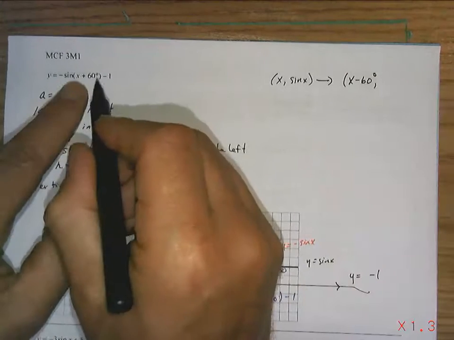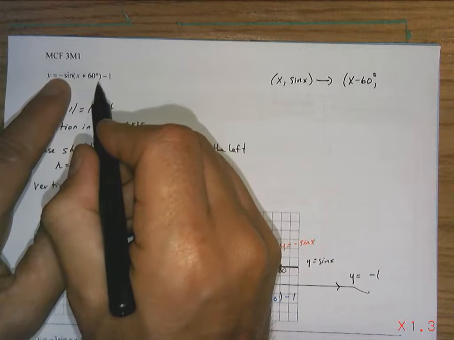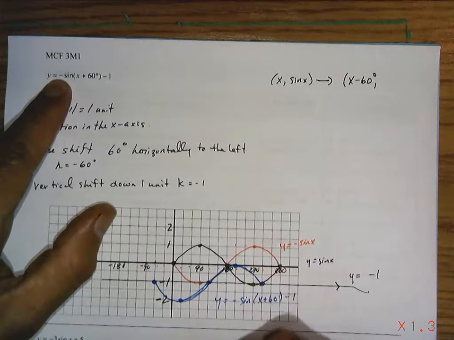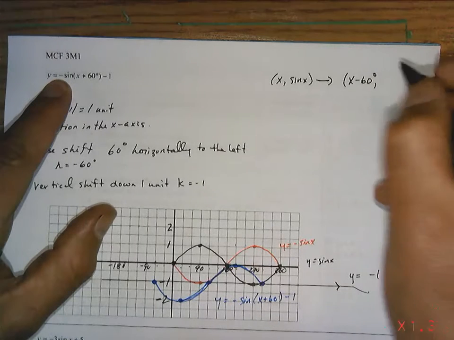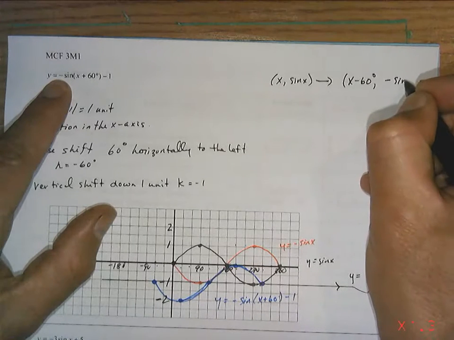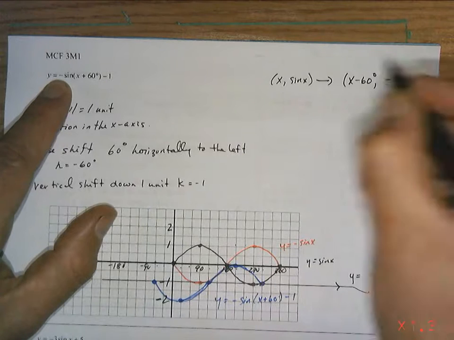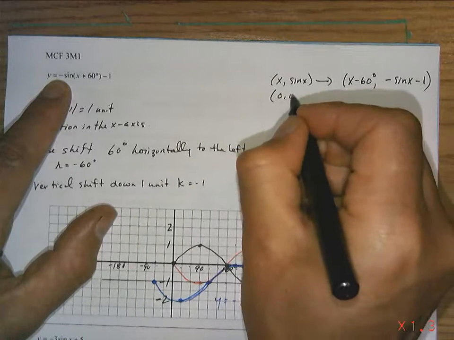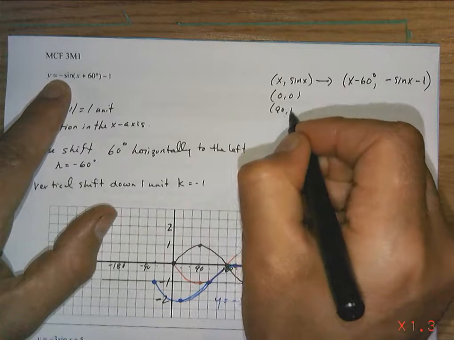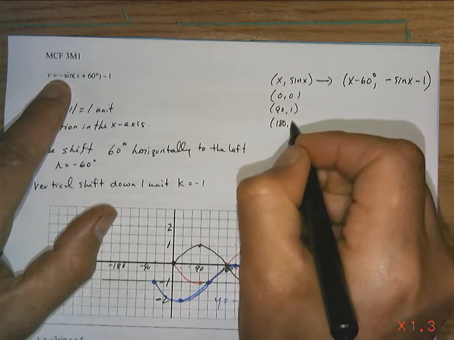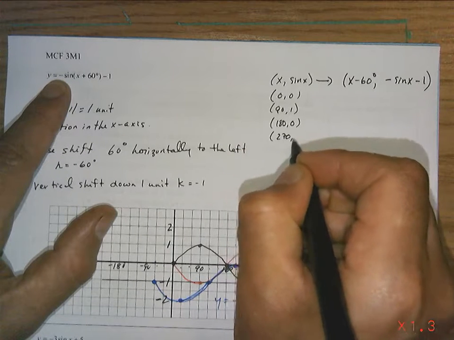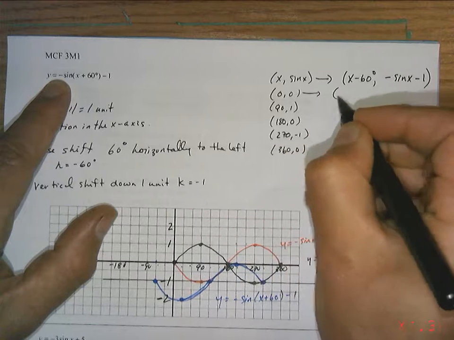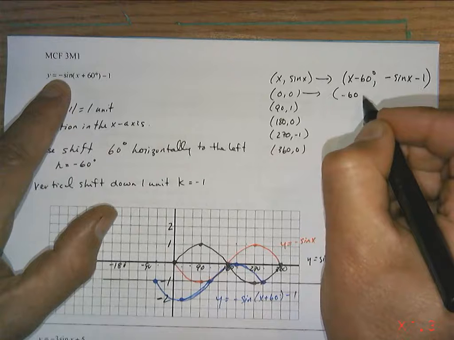And then I've got a reflection, so all the positive y values have to be made negative, all the negative ones have to be made positive. So that's going to be negative sine x, and then they're all moved down 1. So if I take my 5 points, 0, 0, 90, 1, 180, 0, 270, -1, 360, 0, that's going to go to -60, -1,